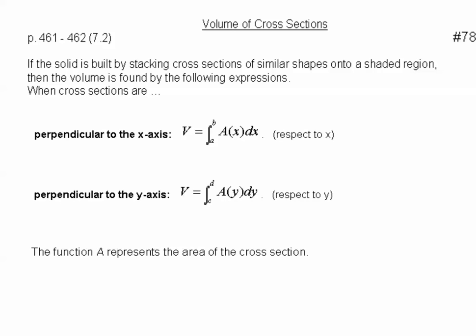In this part of 7.2, our objective is to find the volume of solids with known cross-sections. This is different from what we did earlier in 7.2 because these are not going to be solids of revolution like the other ones. However, the important thing to remember is that no matter what kind of solid it is, the volume remains